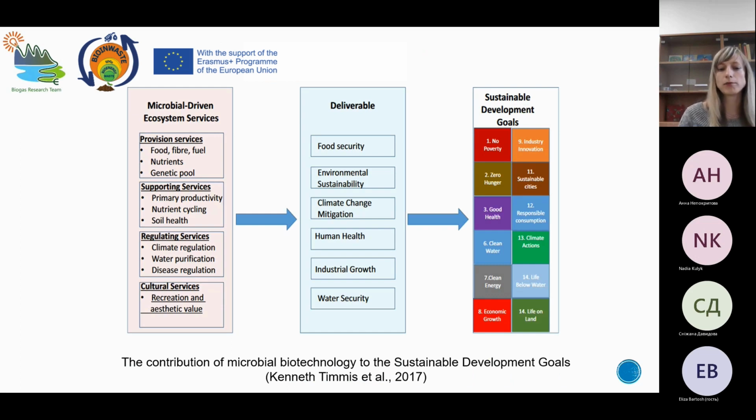And it should also be very interesting to show the connection between biotechnology and sustainable development goals, because all the time we talk about